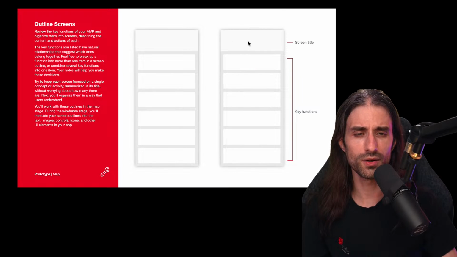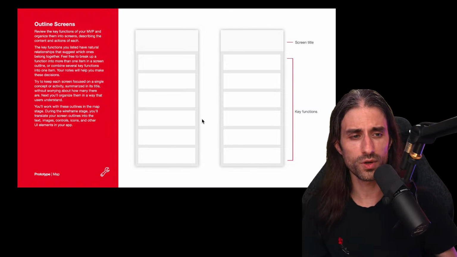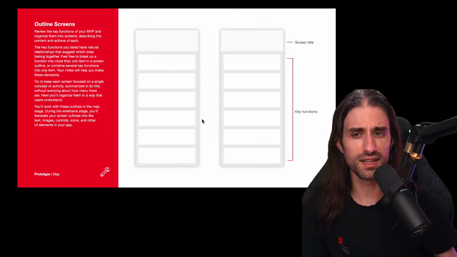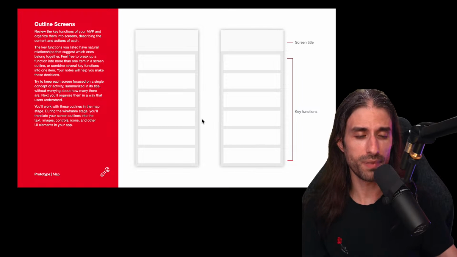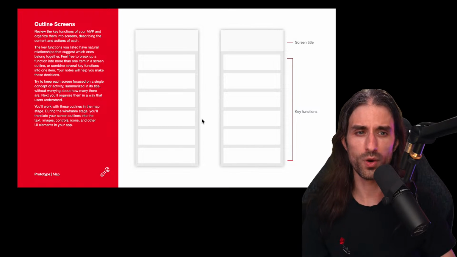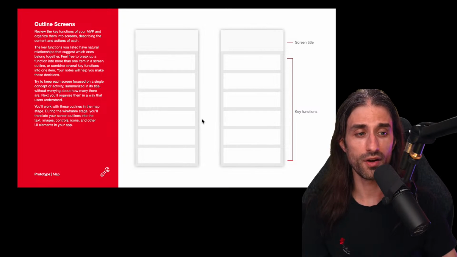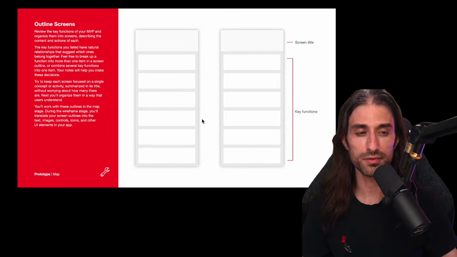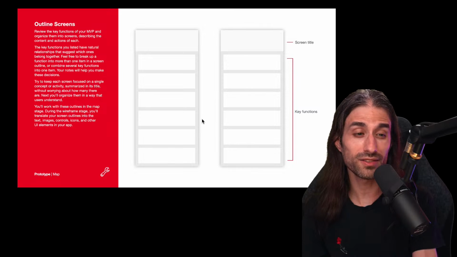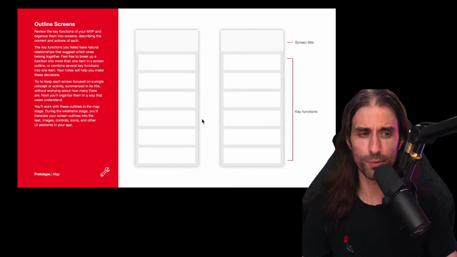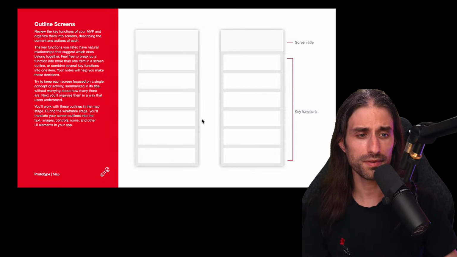So we have the screen title and then the key functions that the screen will contain. And by screen, I think they mean a view that will occupy the full space available on the screen of the device. So it would be the full screen on an iOS app. If you have an iPad app, it will be the full space that's available to the app. So if you are in split screen, it's only part of the screen of the device, but from the point of view of the app, it's the space that's available where the app can display stuff.